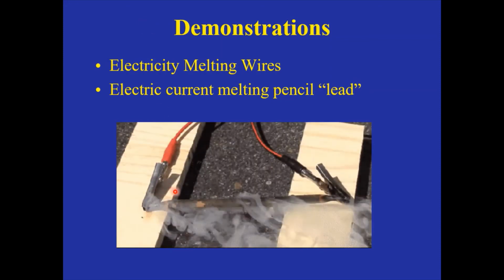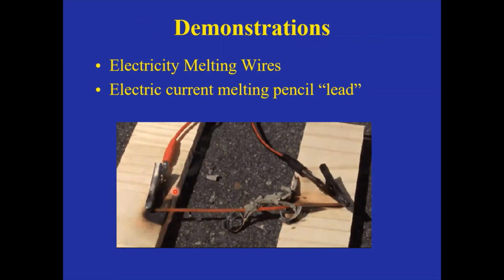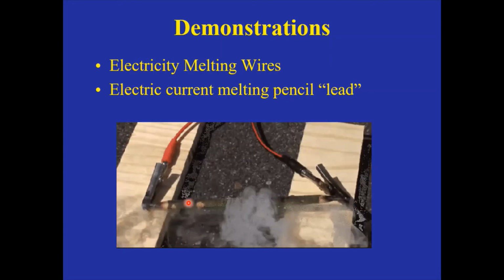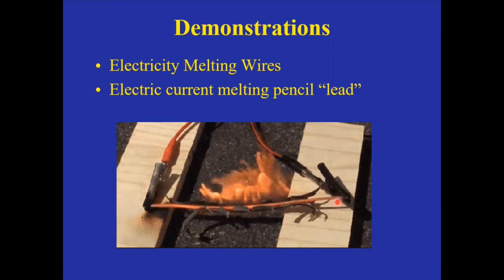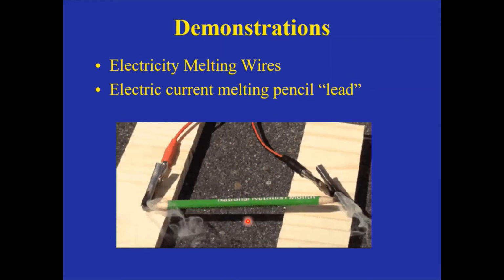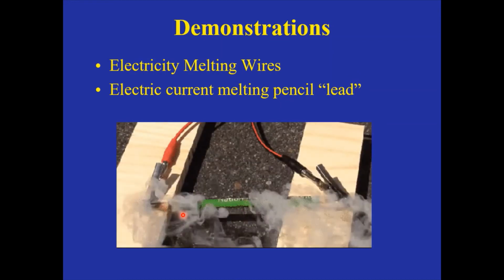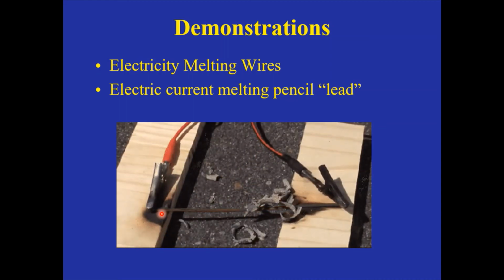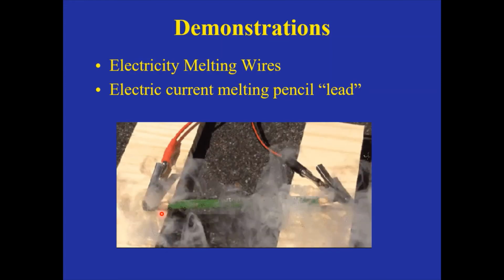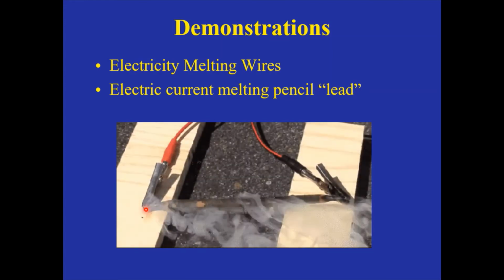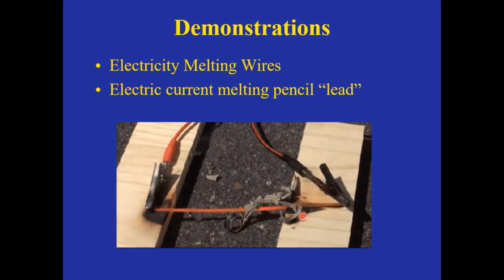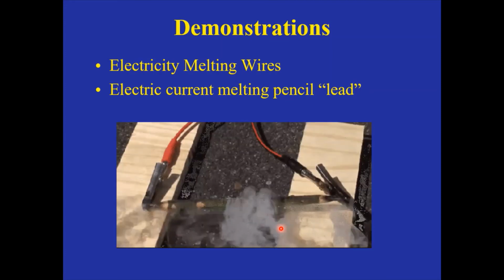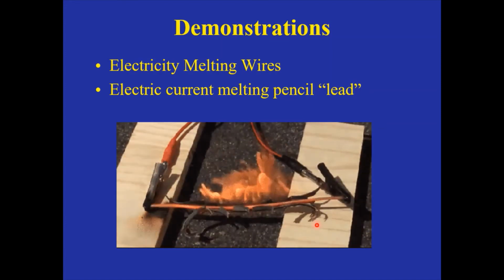This one is shown here just in this little animation. It's a wooden pencil, and they sharpened both ends, and they connected it to some clamps here and connected it to some sort of power supply. And the electricity flows through the pencil lead, which is actually not lead. A pencil lead is made of graphite, which is carbon. And so as the current passes through there, you can see it heats up to the point where it actually burns away the whole pencil, and then the lead finally turns red hot at the end,